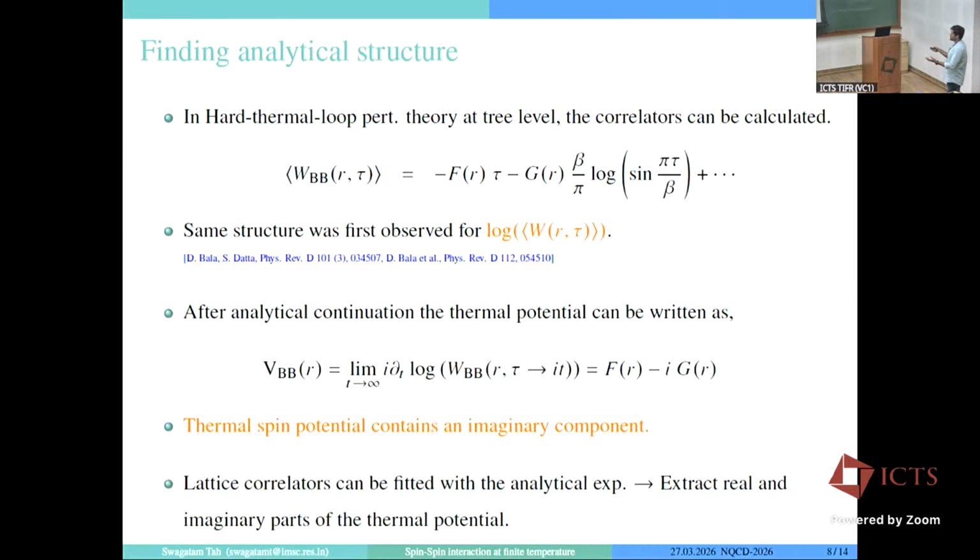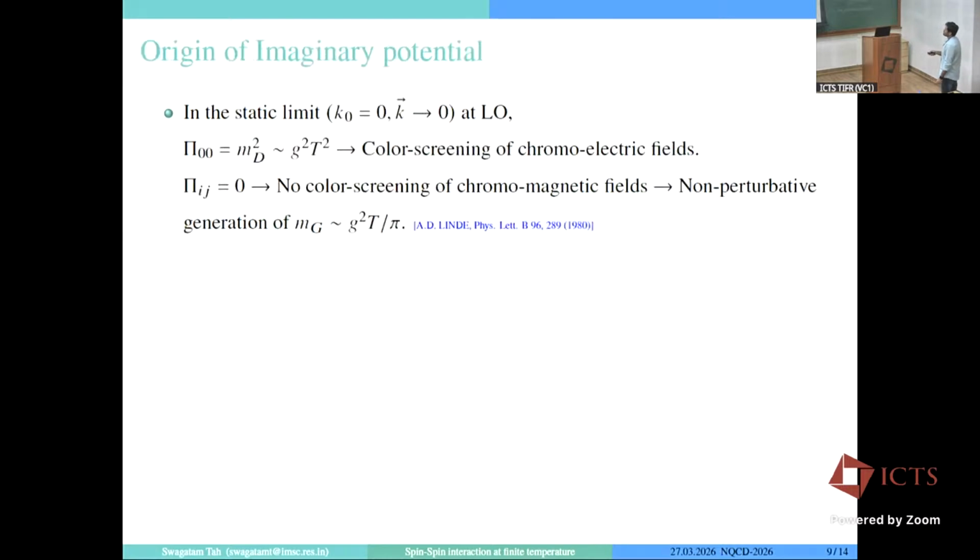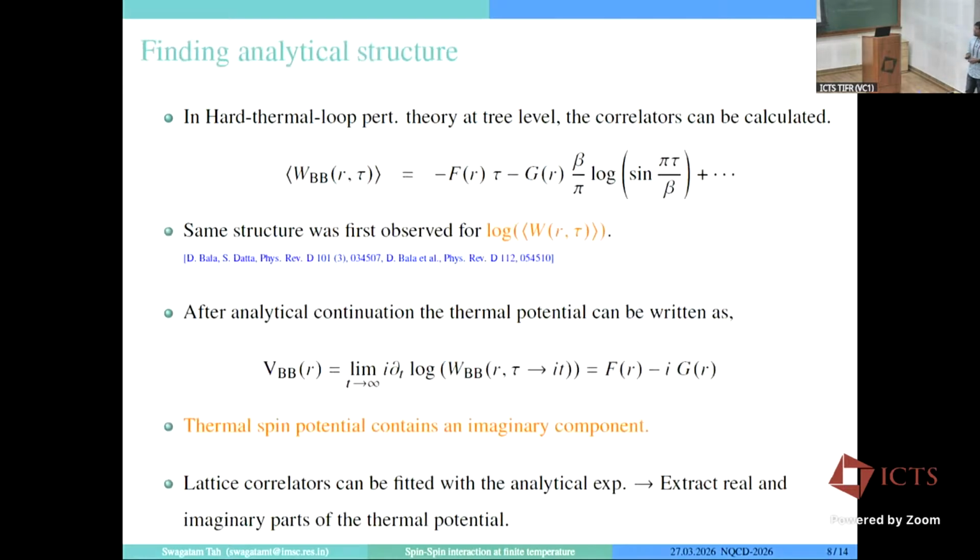Our lattice data also depends on this r and tau. So we can fit our lattice data with this expression, extract this real part and imaginary part, and construct this total potential. Now the origin of the imaginary potential, as mentioned by Blezo,